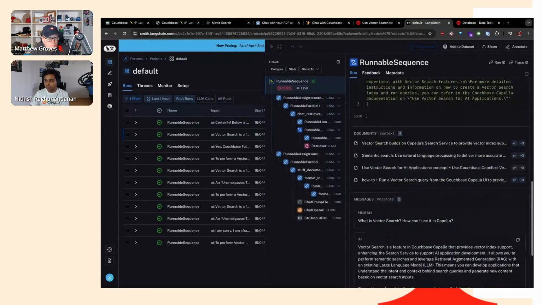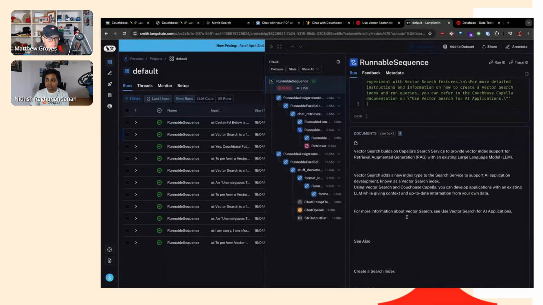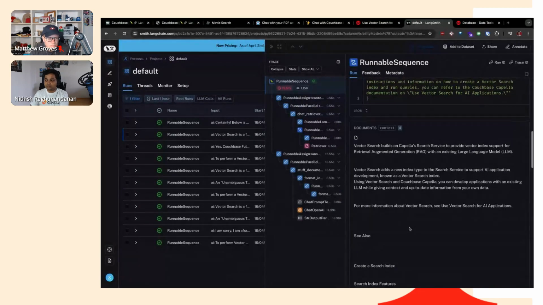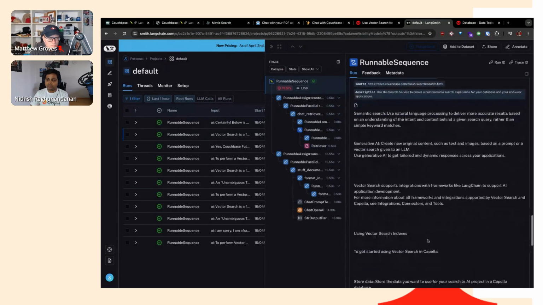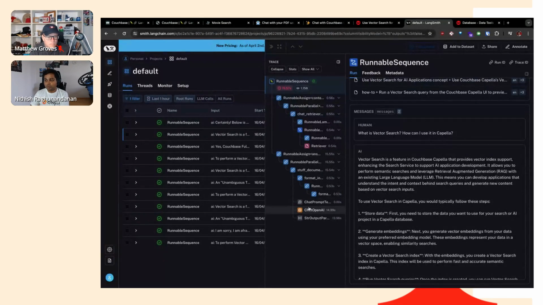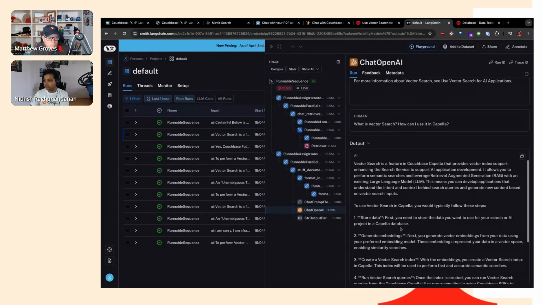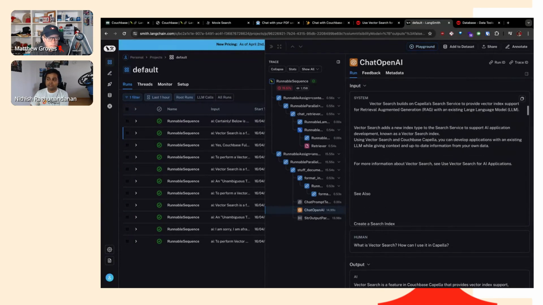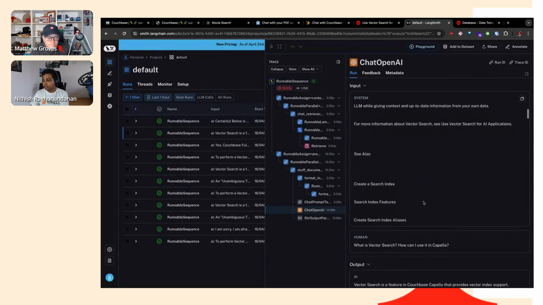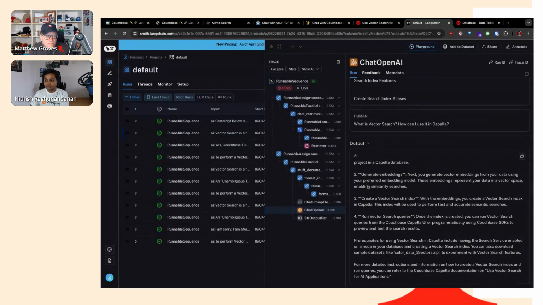And you have the whole documents that are fetched from the vector store. So in this case, Couchbase. And yeah, you have different documents, and then you are sending all these documents to OpenAI. So if you look at it, you have all the documents that are part of the message that you send to, I mean, not Couchbase, OpenAI, like ChatGPT basically, and you get the result.